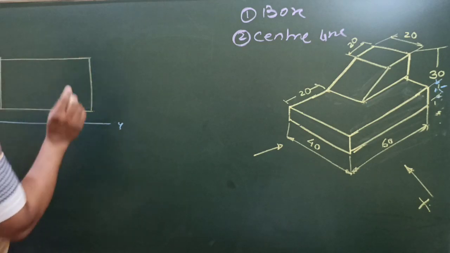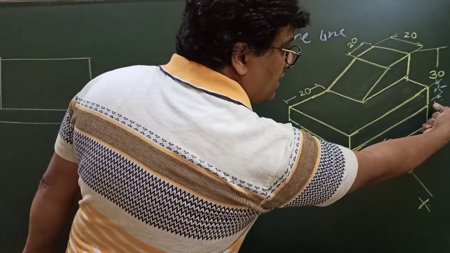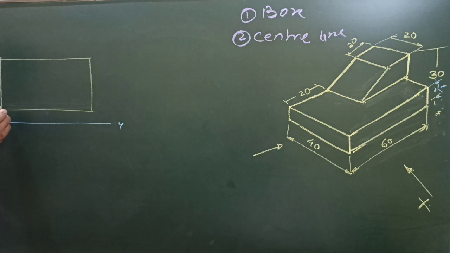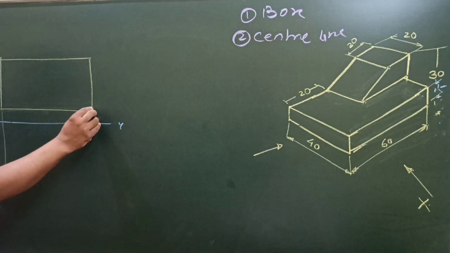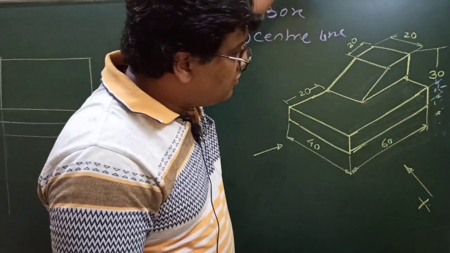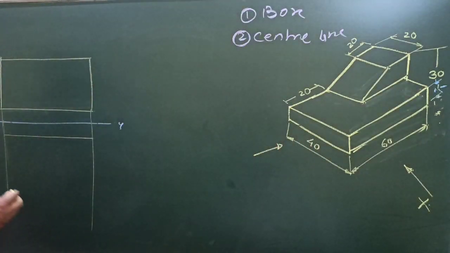So draw a rectangle using these dimensions. Take maximum horizontal distance, maximum vertical distance. Similarly, you can draw a box in the top view also, right? So the length of the top view will be equal to the 60 mm. What will be the width? Because from top you are seeing this width, so here it is given as 40. So 40 by 60, a block will be in the top view.